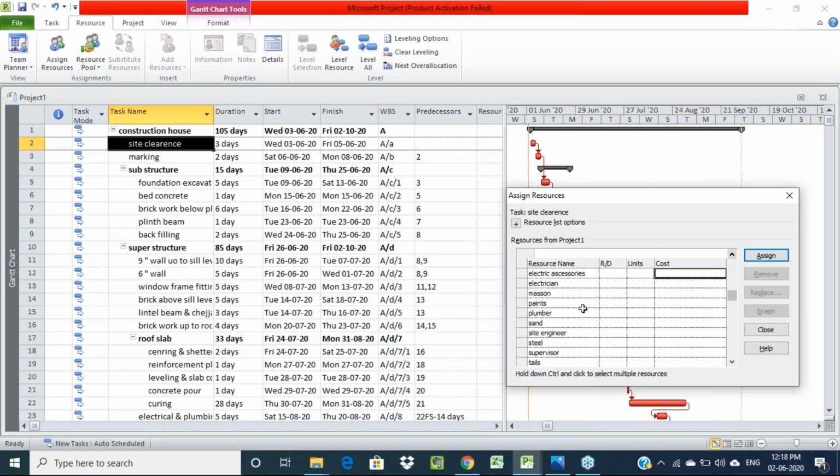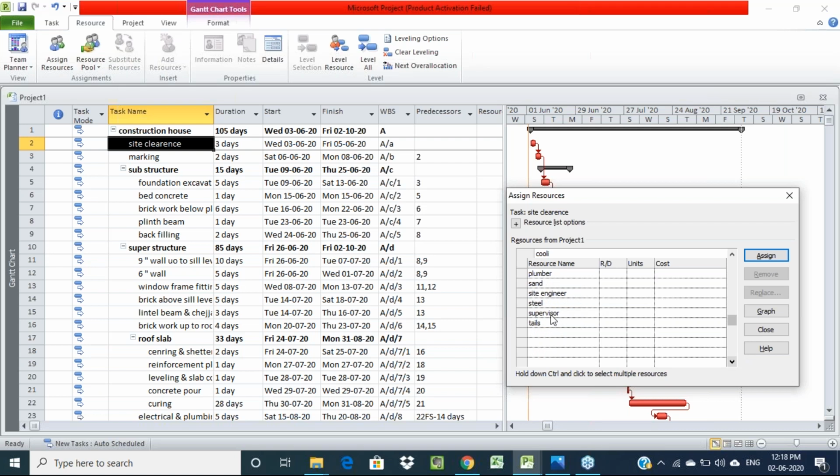We have to select the required number of resources. For site clearance we need to use only the required number of resources. I am using one coolie along with one supervisor. Those two resources we have to select, and we have to give how many resources you require for that work.